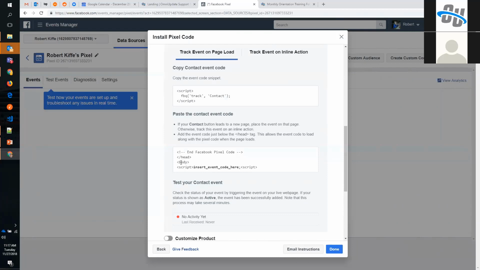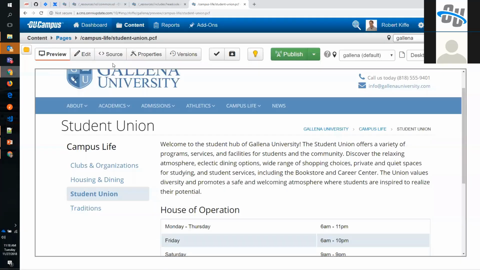The trick here, you can see, is that it's going to go into the body, and then basically right after that opening body tag. So to get that to work is going to require that we have a particular setup in our XSL, which, as I mentioned, has been pretty consistent for a while now. So what that means is that if we take a peek at what's going on in the XSL,